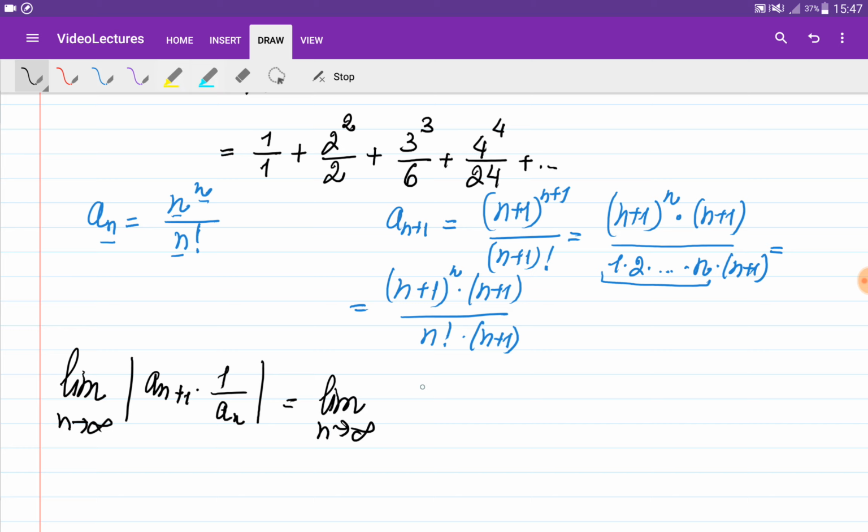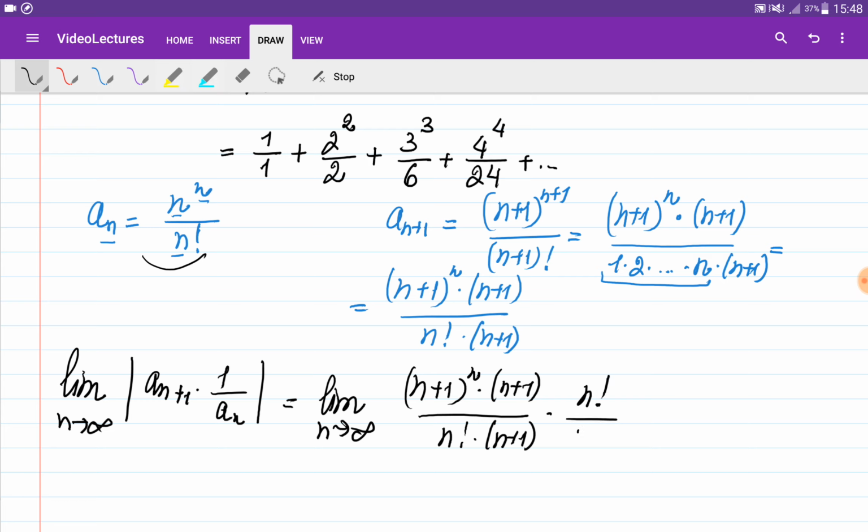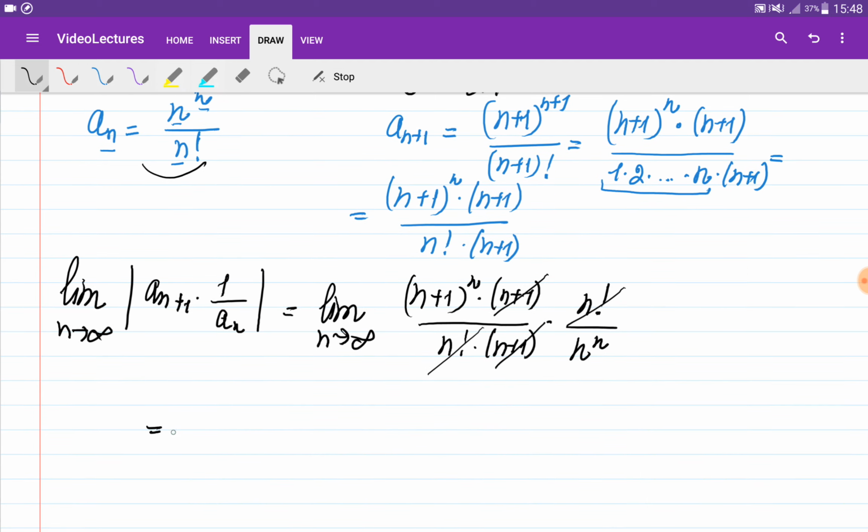a_(n+1) can be written as (n+1)^(n+1) divided by (n+1)!, multiplied by the reciprocal of a_n, so I just need to flip the numerator and denominator. It's going to be n! divided by n^n. So here we can cancel these terms, and what is left is